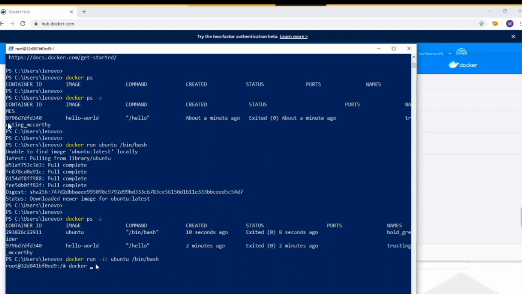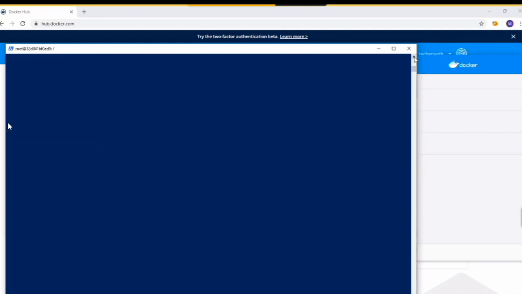If we run docker ps here, it will not work because we are already within the container, where docker is not running. It did the same thing: ran the container and went to the bash prompt, and because we mentioned the interactive terminal, it will stay here until we exit out of it.